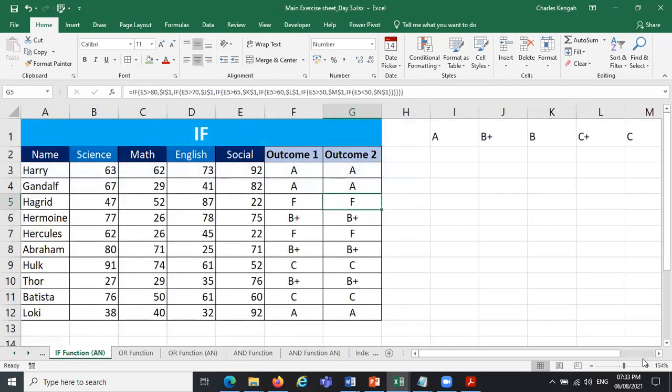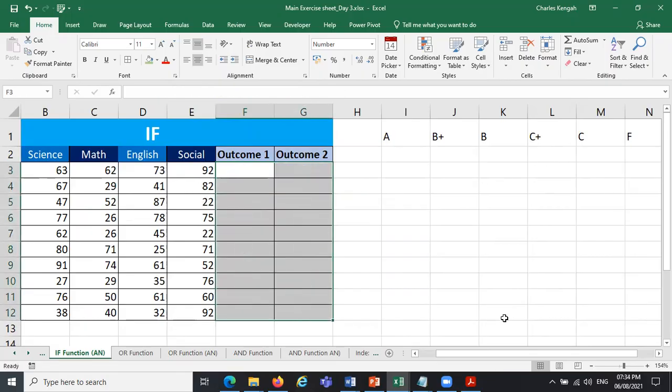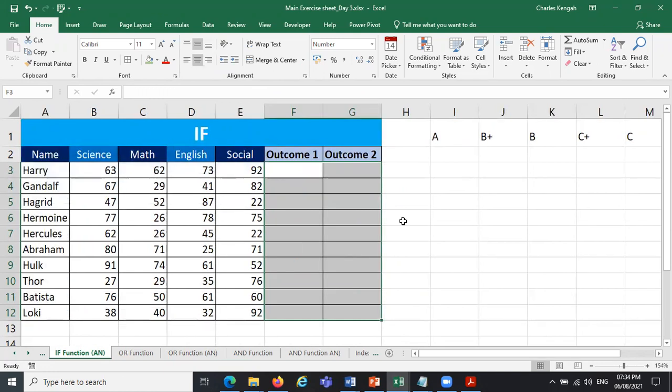This is it. The grading sheet here. Let me take off this data. Like in schools, when they want to grade CAs, if somebody is having 80 and above, the person has an A grade. That's where you use as well a nested